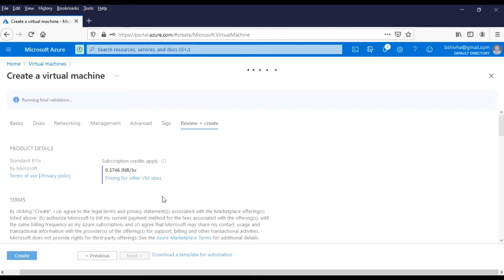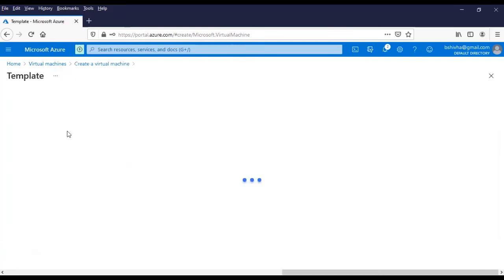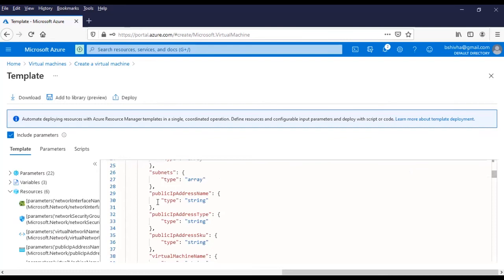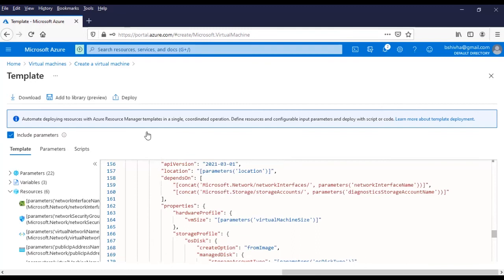Azure also provides, say for example, a download template. Azure is really easy to provision. See here, all the JSON code, you can have it on the fly. But you need to first define it. This is not the right way, but there is one alternative. You need not worry about the programming part. So I'm just canceling it.